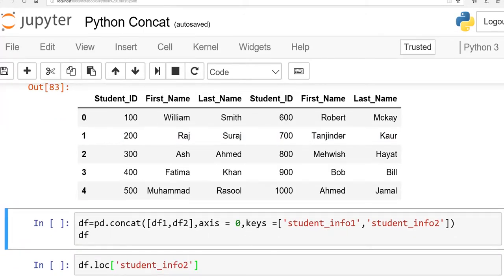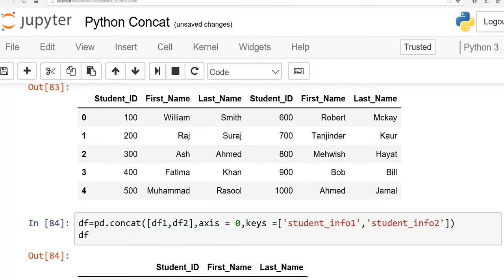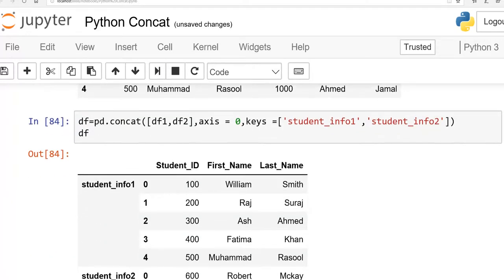Now the new feature is that I have used the keys keyword here. So in df = pd.concat([df1, df2]), again it's optional. If you want, you can write it. If you do not write it, by default this table will be under this table row wise. So keys is the new feature. Now what is the purpose of these keys? Again I will run, then I will show it. Keys: student_info_1, student_info_2. So if you have 3 or 4 tables, you can join them the same way, or you can apply all the features in the same way.